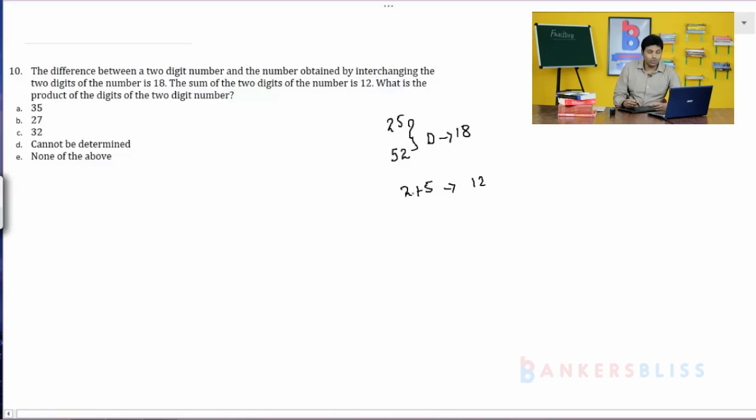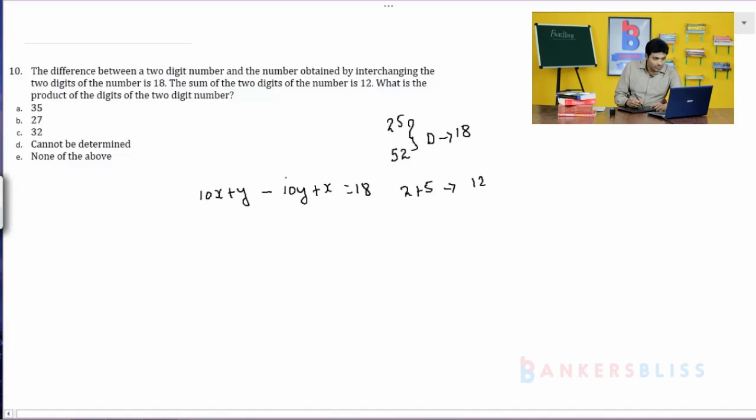So, what is the number? What is the 2-digit number you have to calculate? See here, we have 2 methodologies to calculate these types of problems. Let me go with the general methodology. See here, the 2-digit number we can represent in this form, 10x plus y. Why we have to represent it in this form? Already I have told you. The number obtained by interchanging the digits is again 10y plus x. So, if you subtract, you are going to get a value called 18.